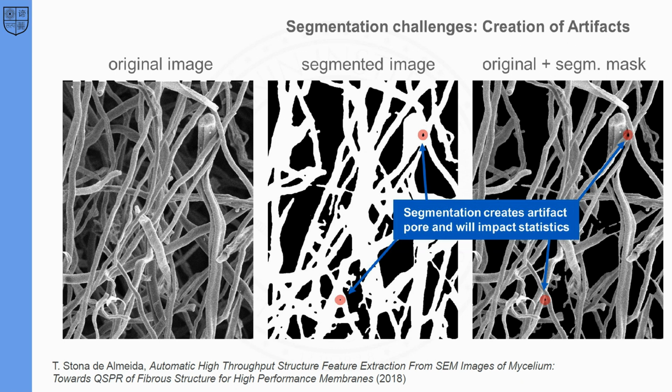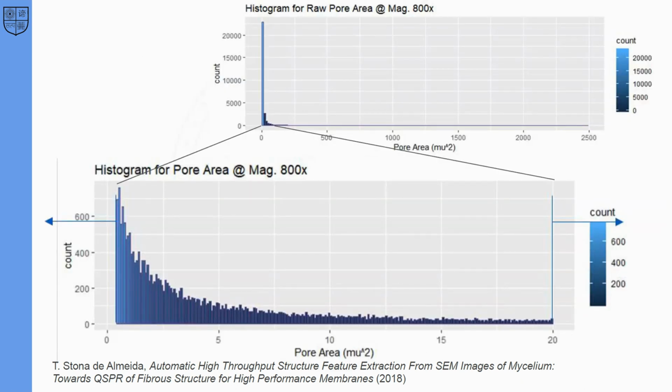It is the quality of the metallic coating that will determine the brightness of the image. The automated segmentation can both miss real features and create artificial ones, adding uncertainty to the characterization process. For example, several artificial pores were created by the segmentation, pores that are artifacts of the algorithm. We obtained a distribution of pore area that was very heavy on small pores, pores that were excessively small, below